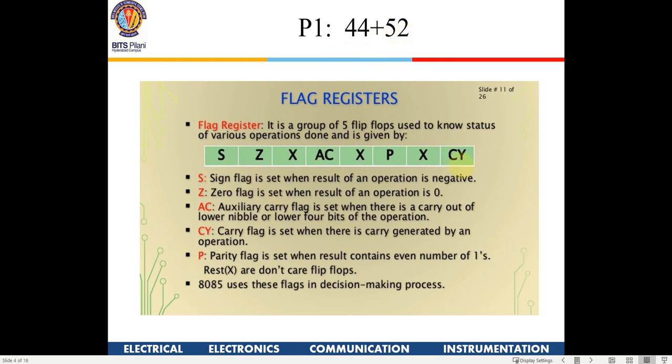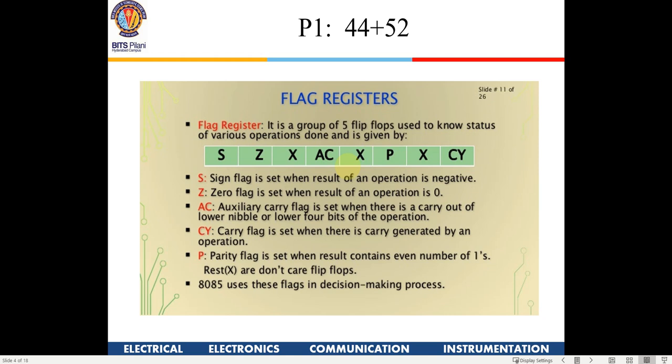From an exam point of view, if an arithmetic operation is given, like it was given in digital design, along with that, the status of the status flags will be asked. What will be the auxiliary flag after each operation? You need to know this, because based on this condition you can write your program further.